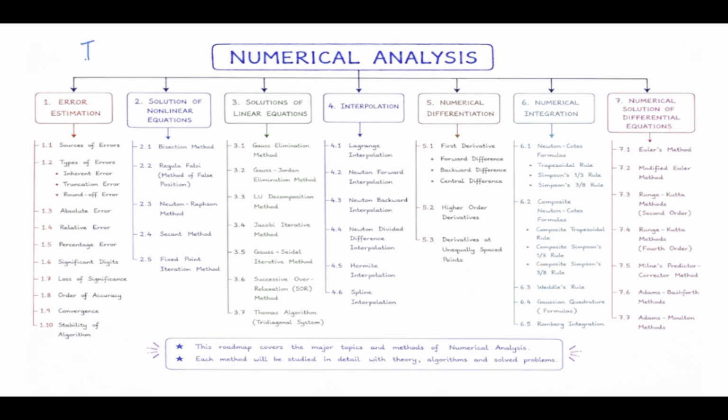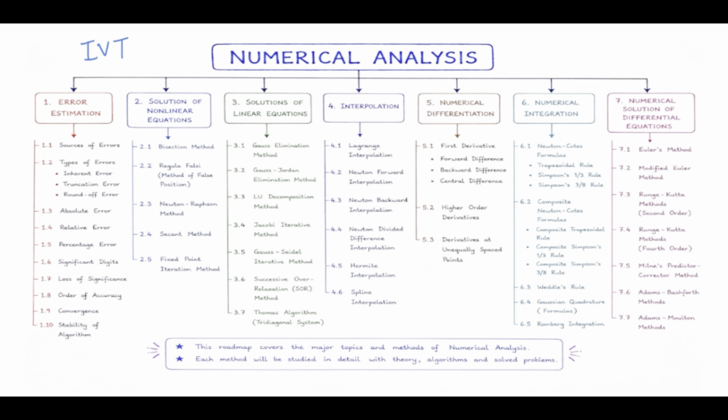In our previous lecture, we studied the intermediate value theorem and learned an important fact. If a function is continuous and changes sign over an interval, then at least one root exists within that interval. But proving that a root exists is only half the problem. The next challenge is to determine where that root actually lies.